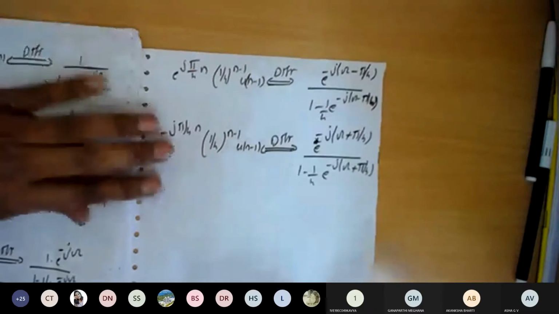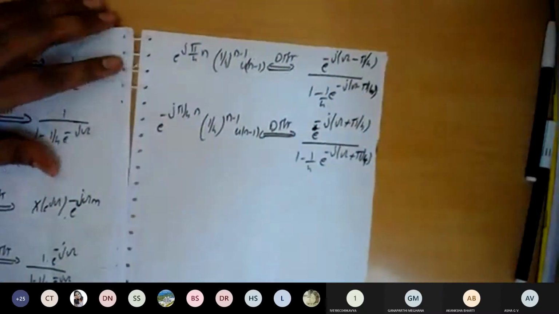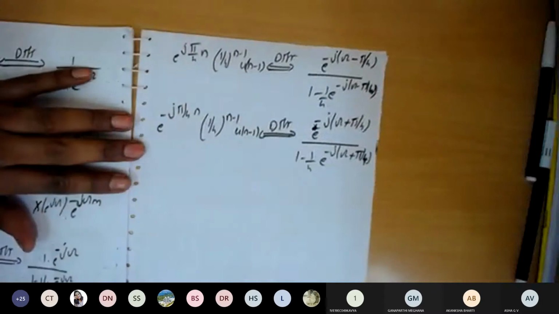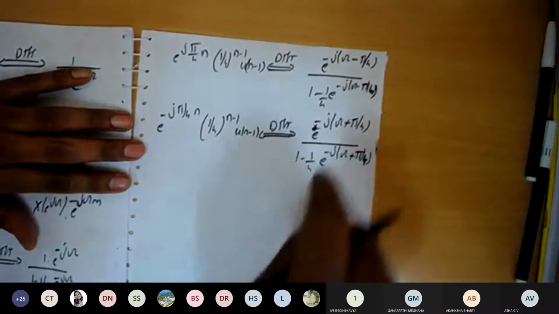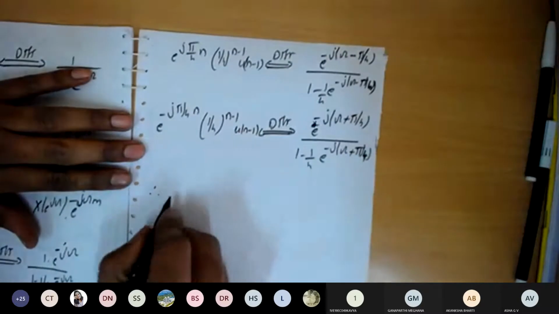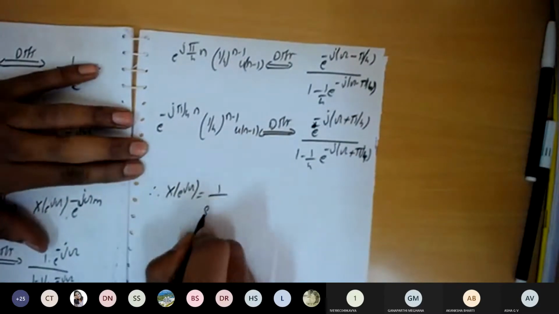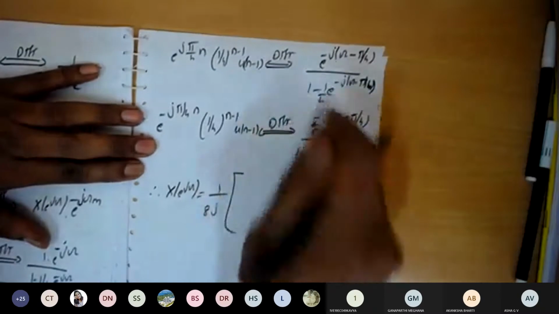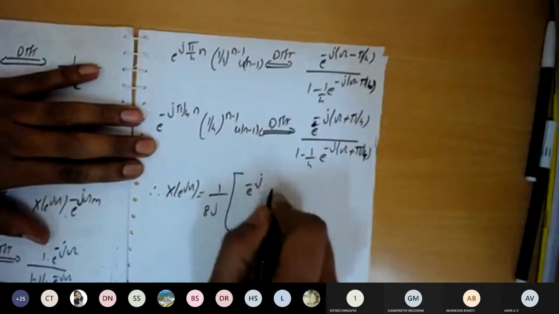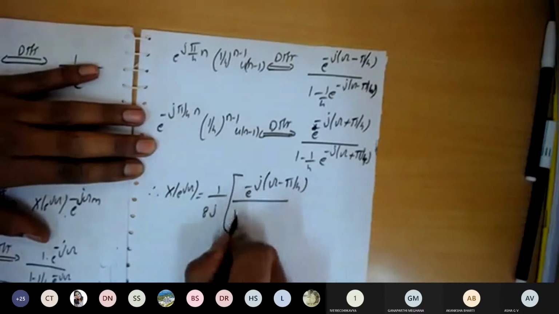Omega plus pi by 4. Done. Now let us combine these two terms. So here we have this minus this one multiplied by 1 by 8j. Therefore, we can write X of e to the power of j omega is equal to 1 divided by 8j into these terms, e to the power of minus j omega minus pi by 4 divided by 1 minus 1